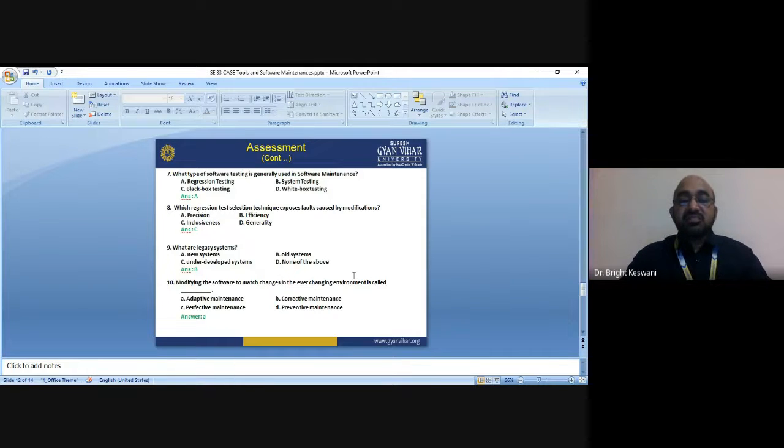The right answer is B. Modifying the software to match changes in the ever-changing environment is called what? Adaptive maintenance, corrective maintenance, perfective maintenance, or preventive maintenance. The adaptive maintenance is the right answer. Modifying the software to match the changes in the ever-changing environment is called adaptive maintenance.